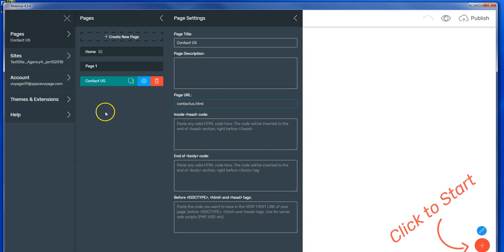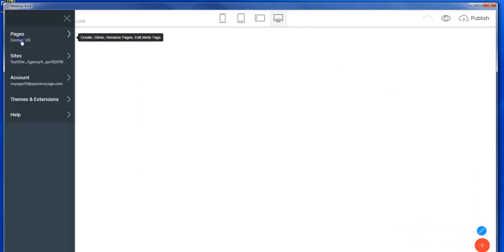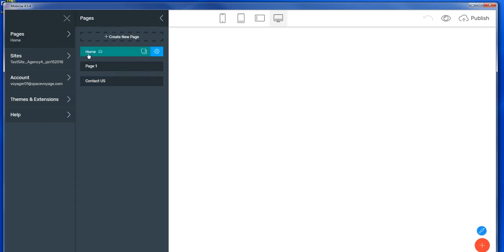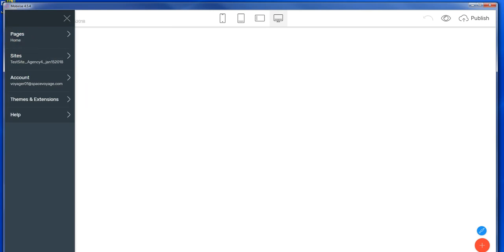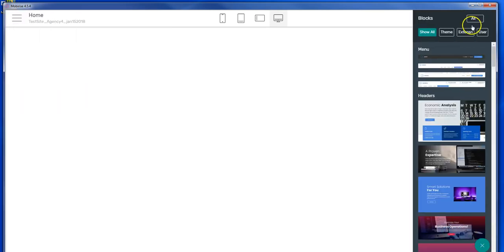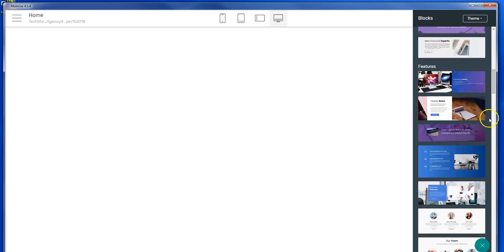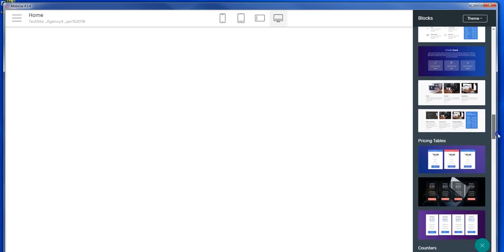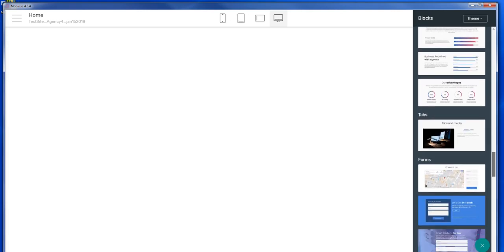So now what we can do is we can click over here, and this page is now Contact Us. Click back to Pages, go to Home, and we can't rename Home. Some people try to rename Home. Don't do that. So what we'll do is we'll click plus, and we'll go to the theme, click on Theme, and these are your top menus. These are your headers. These are your features. It's just a big long list. So you just scroll down to what you need. Pricing tables, counters, countdowns, progress, tabs, forms,